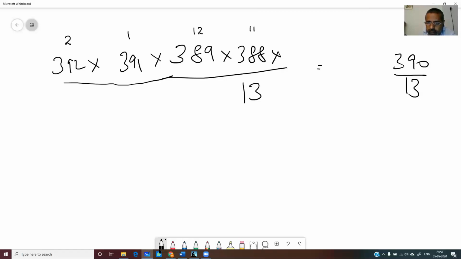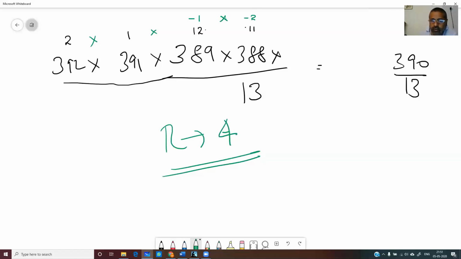But instead of taking 12, because now you have to multiply 12 into 11 into 1 into 2, large numbers, we'll take a negative remainder. Instead of 12, the negative remainder we can take as minus 1, as we have seen. And here you can take it as minus 2. Instead of a positive remainder, we can also take a negative remainder, which means now you multiply: minus 2 into minus 1, into 1 into 2. Now the whole thing becomes very easy. Minus 1 into minus 2 is 2, and this into 2, so the remainder is actually 4.